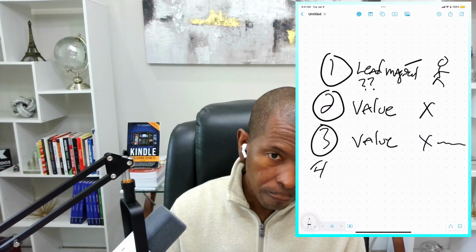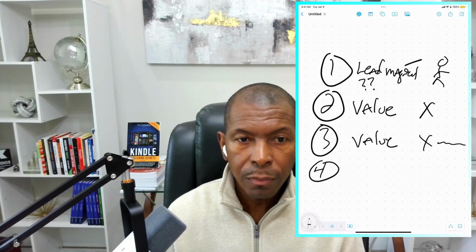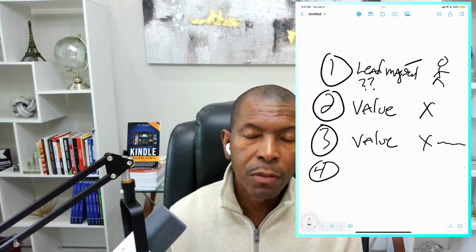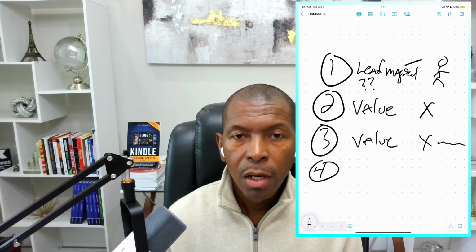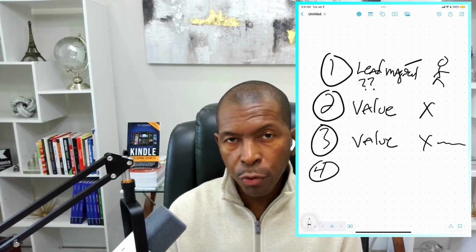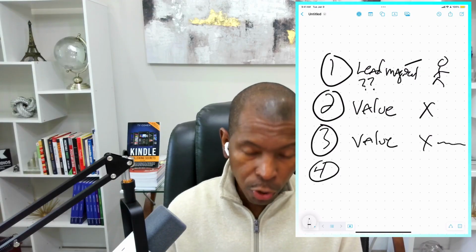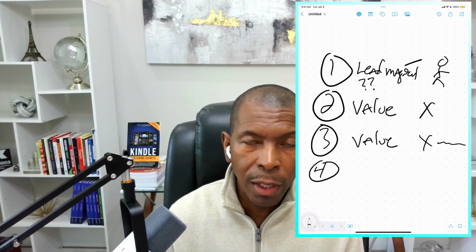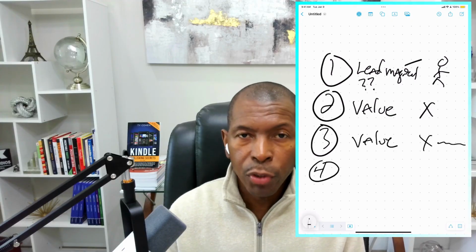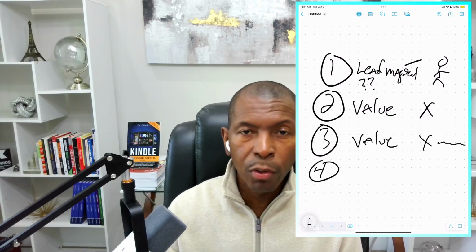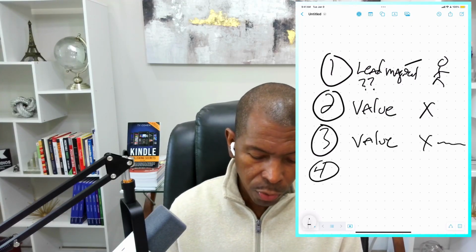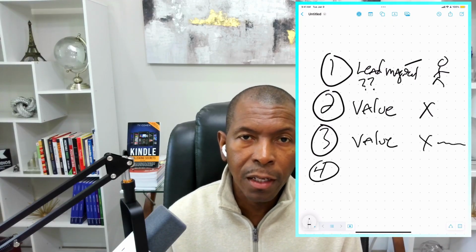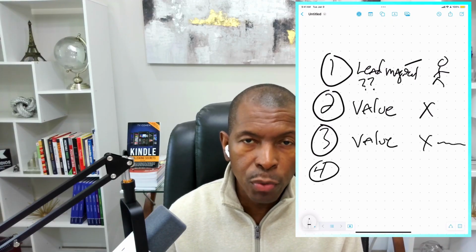Email number four, right, is going to share a story about the transformation that your program, your book can provide to them. And if you're someone who has a fiction book, you can talk about the characters. You could talk about how you developed this thing. You could talk about the plot, the outline a little bit, right? You could talk about their journey, the characters' journeys. Give a little bit of insight as to who the characters are. You can also talk about how you came up with this idea. Like, what was the issue that you had?